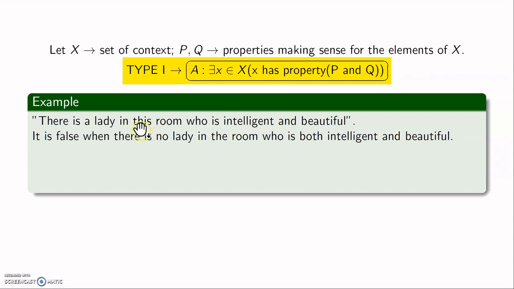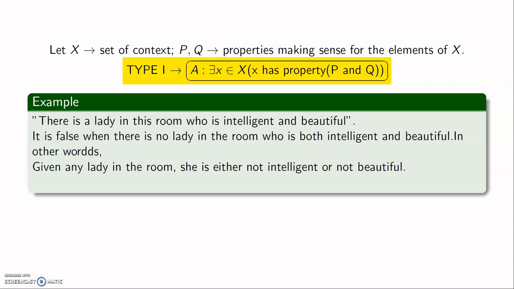This statement will be false if there is no lady in the room who is both intelligent and beautiful. That means if you take any lady in this room, she is either not intelligent or she is not beautiful. One of these two things has to happen.